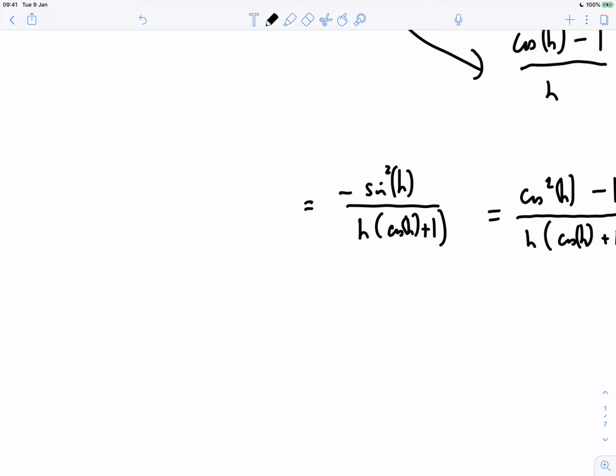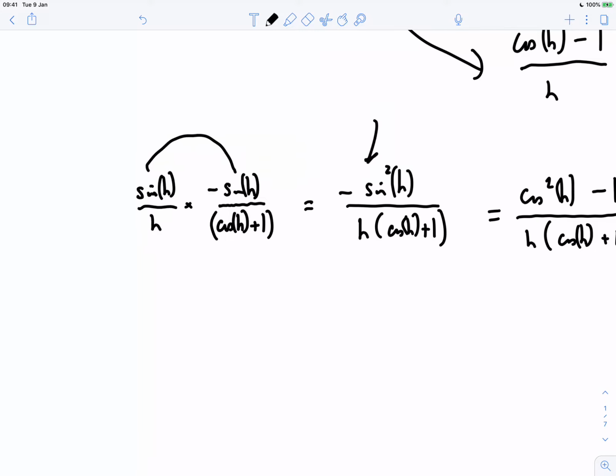So do you agree that sine h over h multiplied by minus sine h over cosine h plus 1 is the same as the result before? Look, if I do sine times minus sine, that will give the minus sine squared, and h times the bottom, that will give the bottom as well. So this is consistent. Now, I've already proven by the squeeze theorem that sine h over h is just 1,